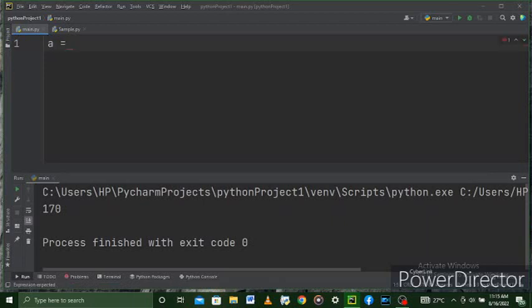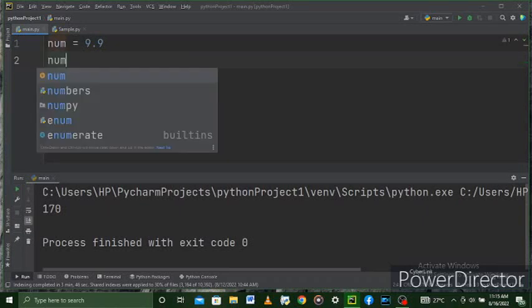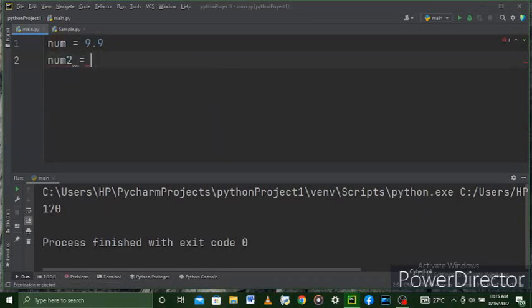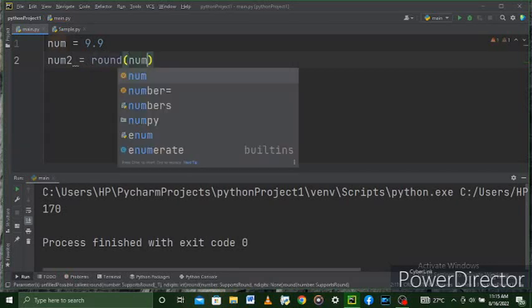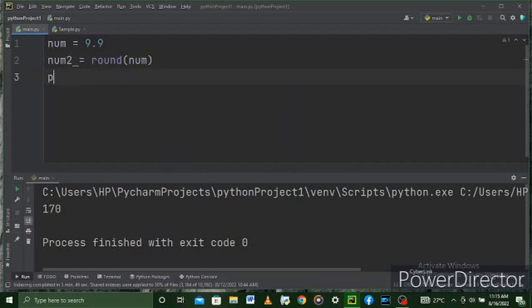Let's say you have a number. Say you have 9.9 as a number and you want to round it up. There is a built-in function in Python called round. So say num2 equal to round, then num. All right, so when you print your num2,